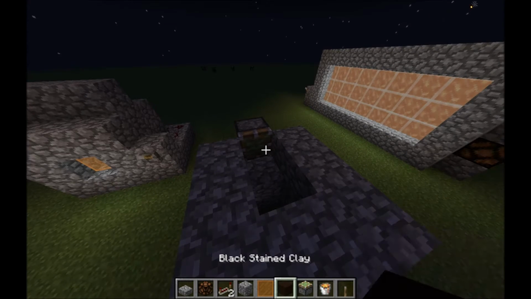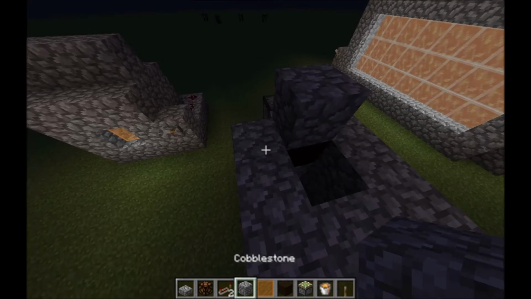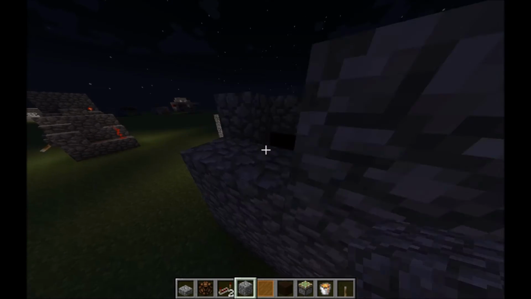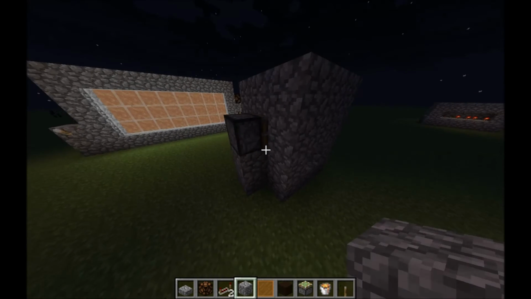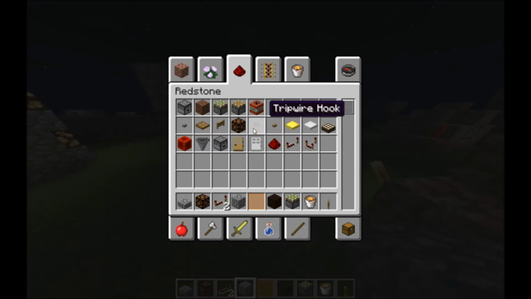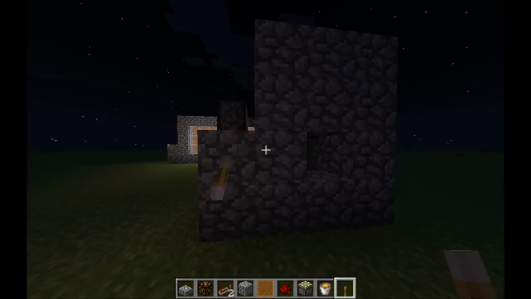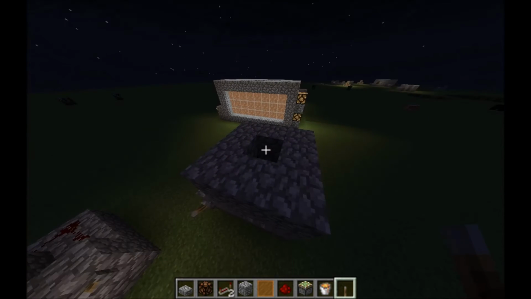Then I'll use black clay again. It's just because it's dark and it doesn't get burned by lava. Then you'll just put it round, like the old one. Make it like this. A little bit of redstone. And there we go. The lava in,